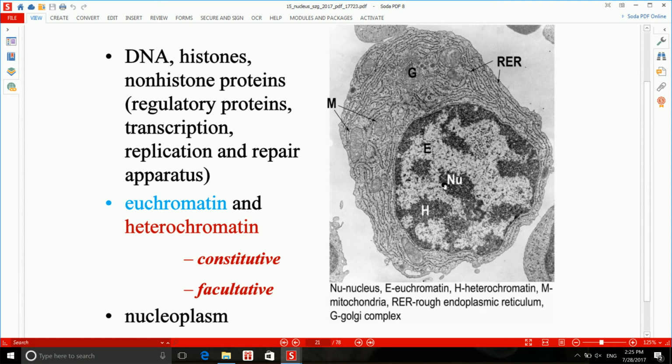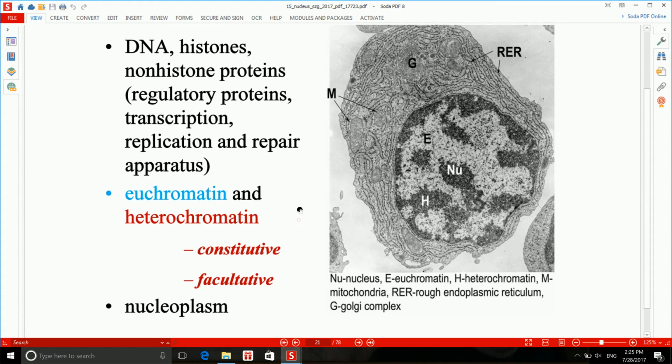And the reason is because of the condensation. So the more condensed a chromatin structure is, the less probable it will be for that chromatin to be transcribed. And I really want you to understand that concept, because if you understand it, you're going to know the very concept of gene regulation. So when we talk about gene regulation, you will know